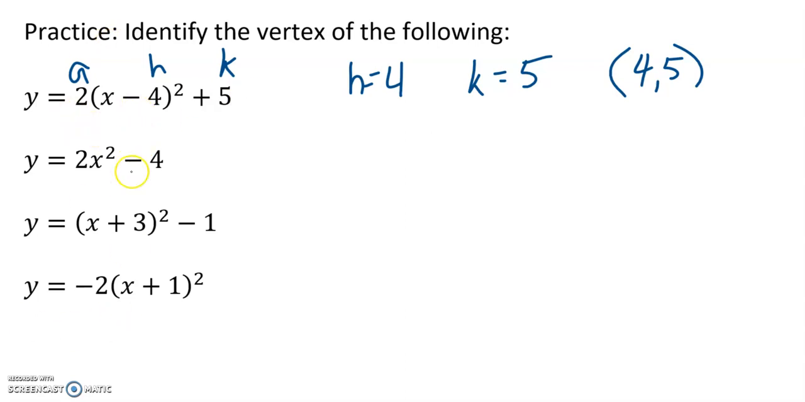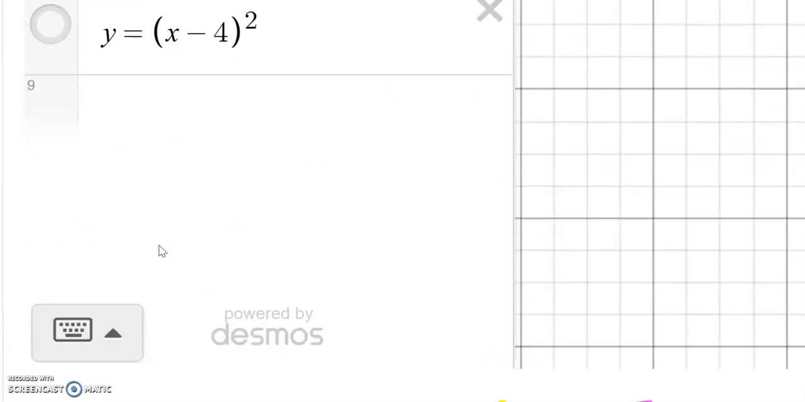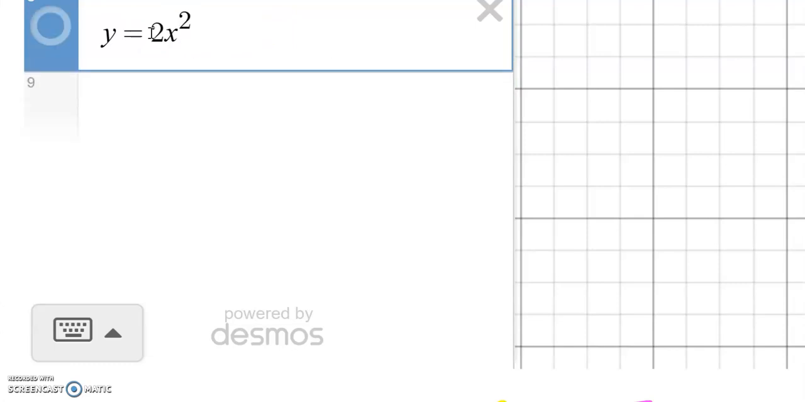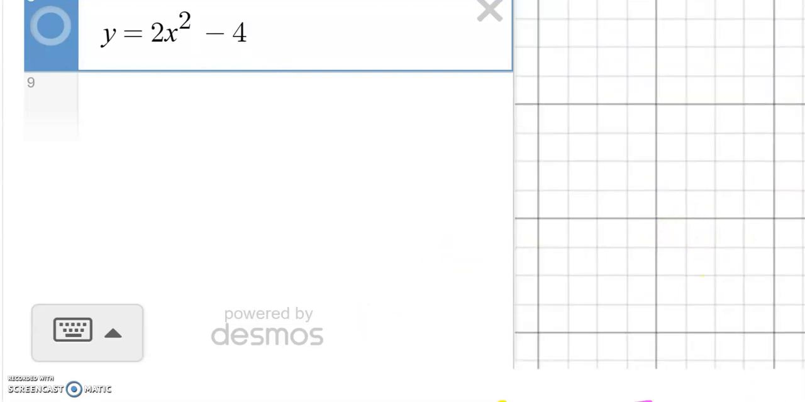Now if we look at our next problem, I do not see any parentheses. If I do not see any parentheses there, then my H is 0, because x minus 0 is just x. And then K is negative 4, so our vertex is 0, negative 4. And we could confirm that by graphing it on our parabola. So we have y equals 2x squared minus 4. And if we go to our graph,